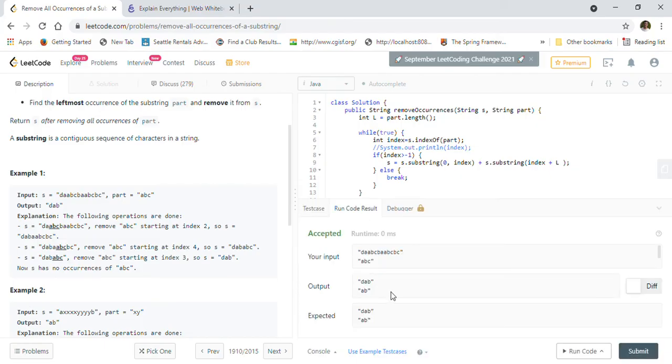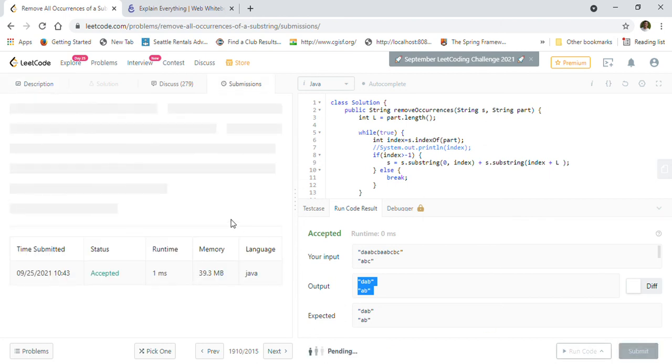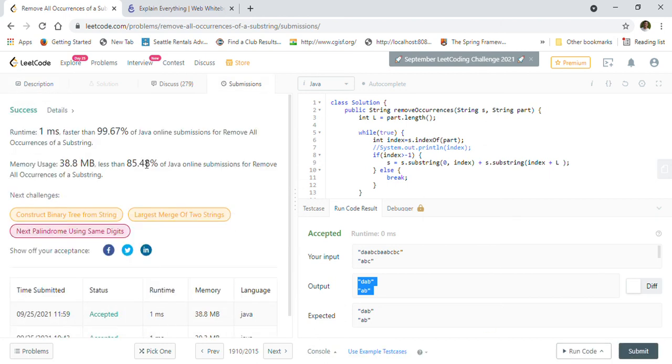As you can see, our solution is giving us correct results for the one that we saw here, the DAB, and all other results are also correct. So we'll just submit and make sure this is getting accepted. As you can see, we are getting 99.67%, which is very good, and 1 ms and 85% on the memory side, which is a really good solution.